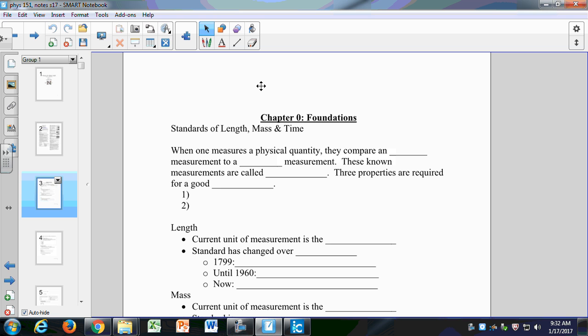And the first of those are the standards for length, mass, and time. When we measure things, we can measure lots of different things, but usually we're measuring either length, a mass, or a time. All right, a distance, a length, a mass, how much mass something has, or the time, the duration of time. And in order to make those measurements, we have to have standards for those. So when one measures a physical quantity,